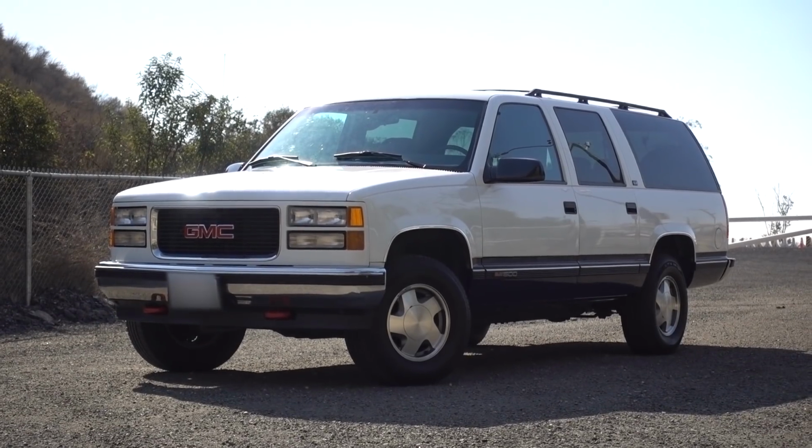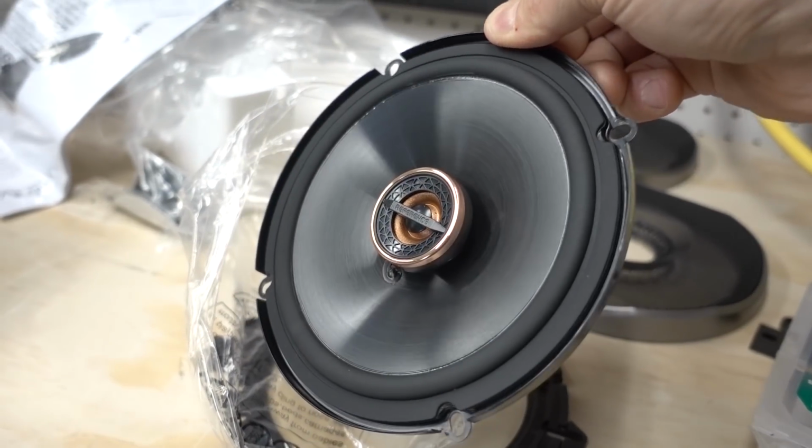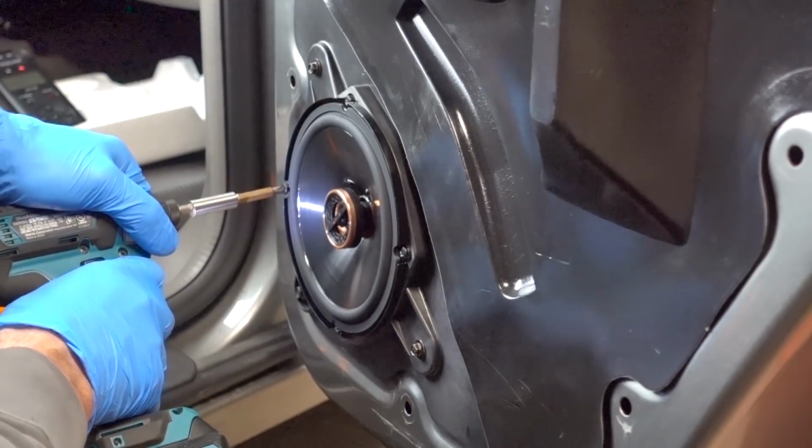Well, today I'll be replacing the rear door speakers in my 1995, or 24-year-old, GMC Suburban. And for the same reasons I just mentioned. The new speakers I'll be using are these Infinity REF-6522EX shallow mount speakers. These are the same speakers that I put in my 05 Envoy, front and rear, with